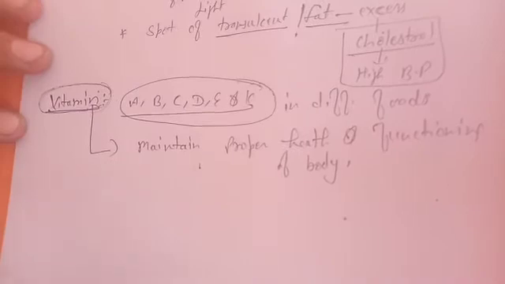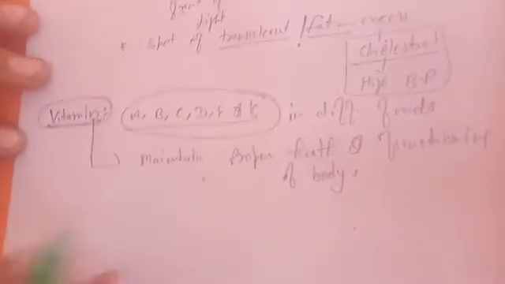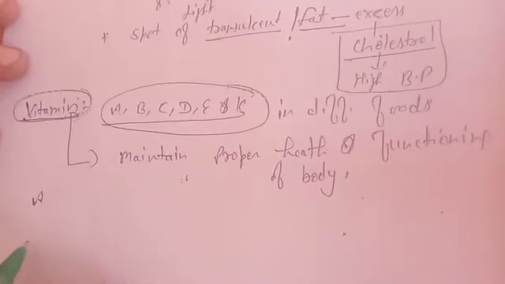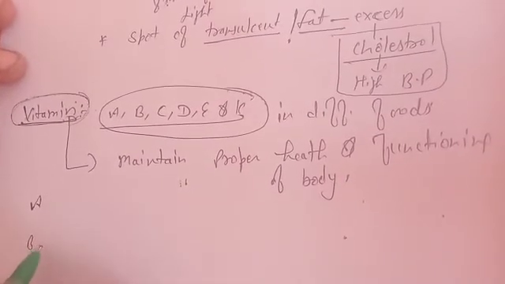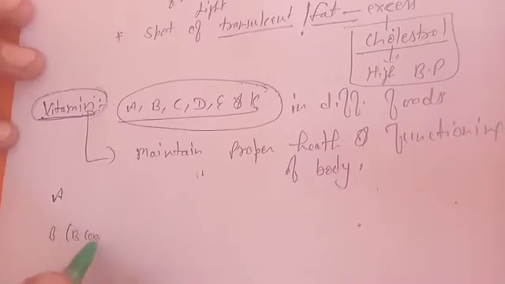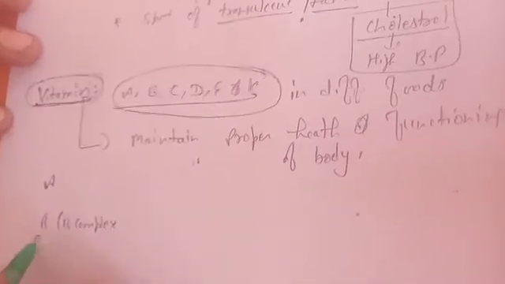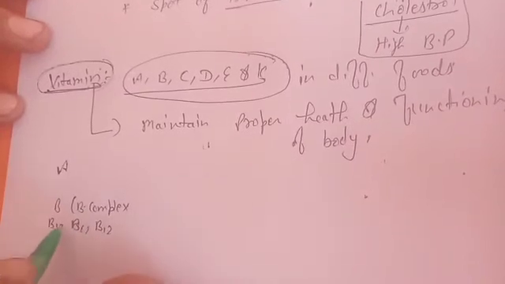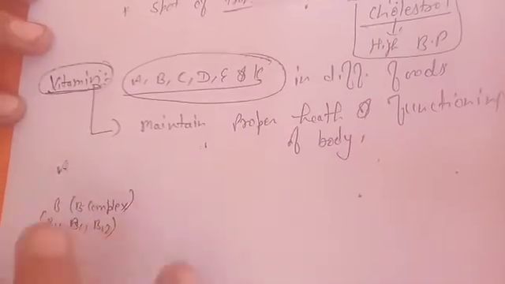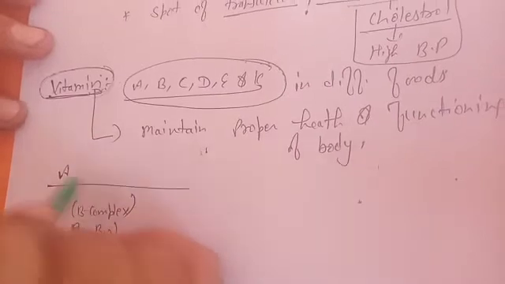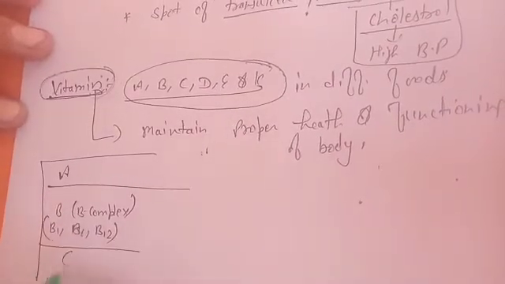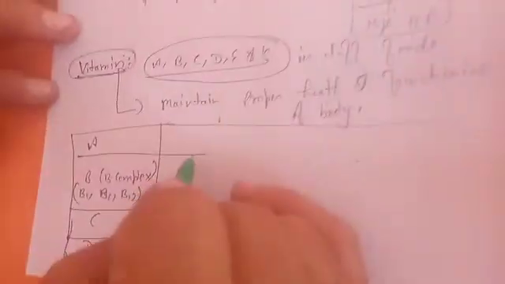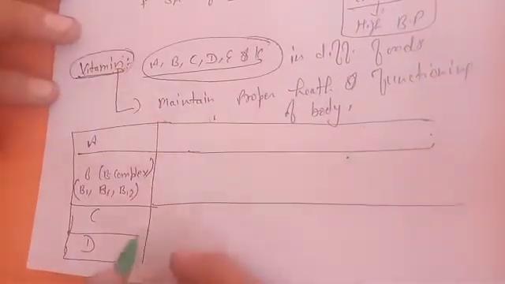Let's talk about what they help with and where we get them from. Particularly 4 vitamins we are talking about here. B is also known as B complex, because B exists in different forms: B1, B6, B12. So this is vitamin A, B, C and D. These 4 we will discuss today, or you can say in your syllabus right now.